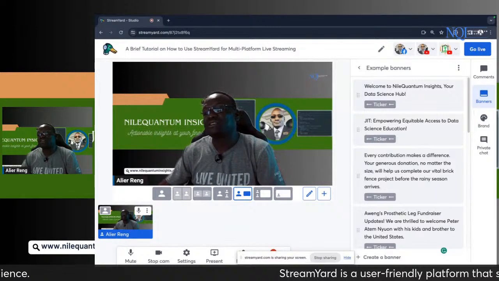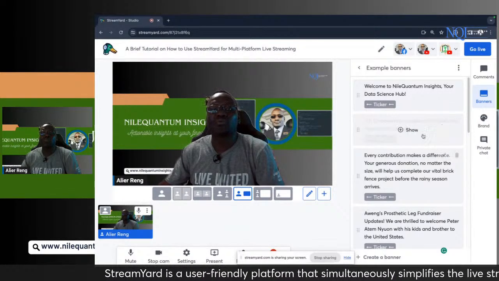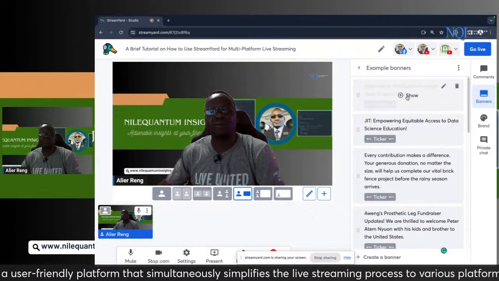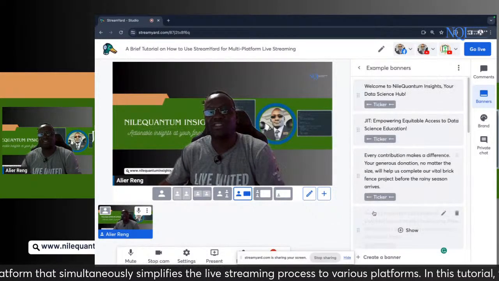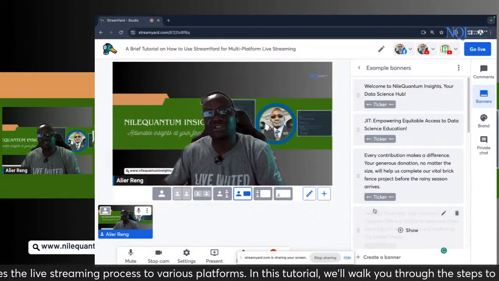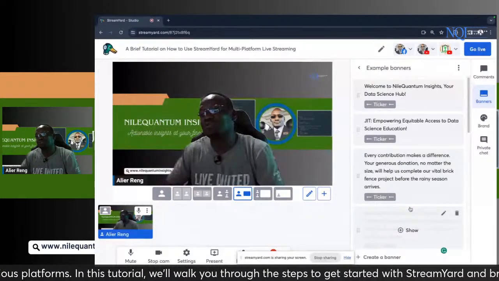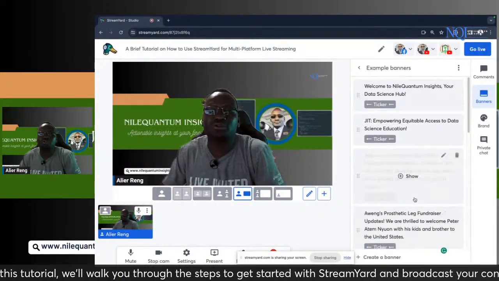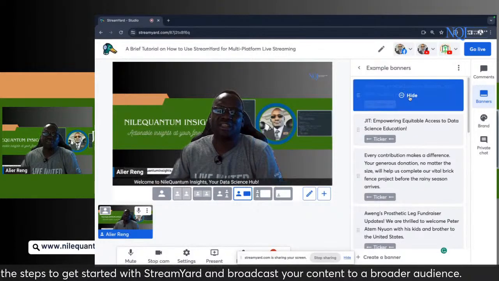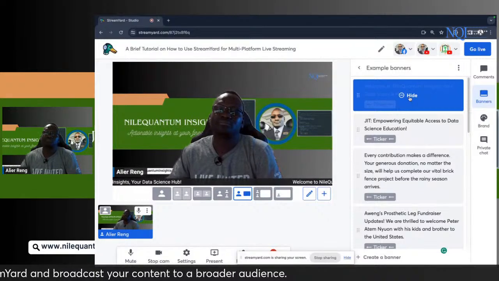Banners are messages that are scrolling at the bottom. Banners you can decide to show. For example, here the first one, I have a lot of them because every time I go live, messages are recorded here, and unless you decide to delete them, they will always be there in case you want to reuse them. So you can show the message like now I can show welcome to Nile Quantum Insights,